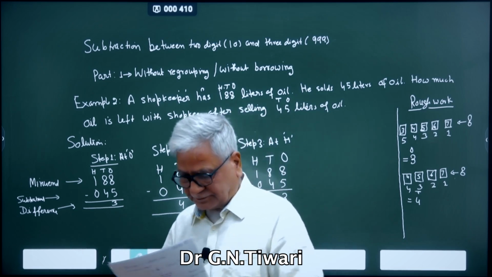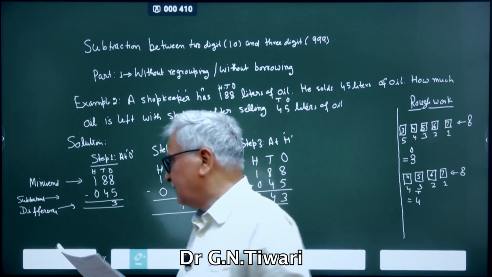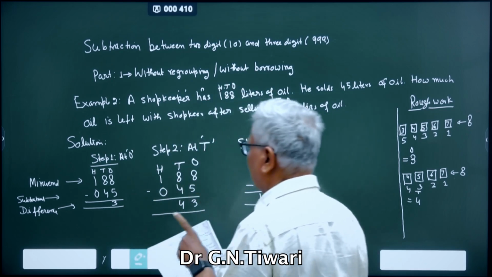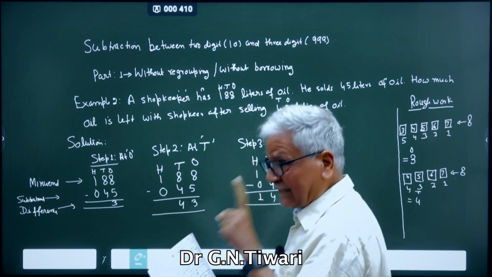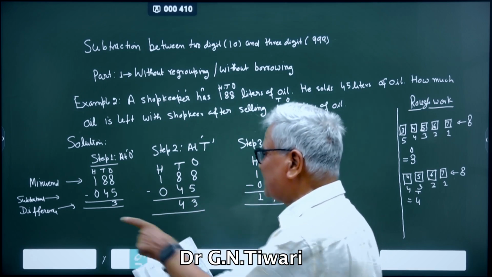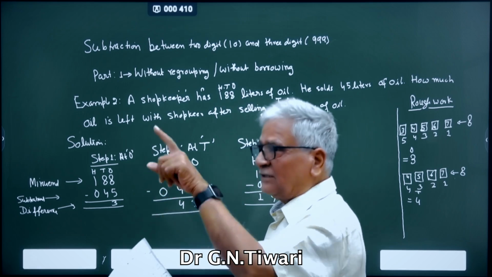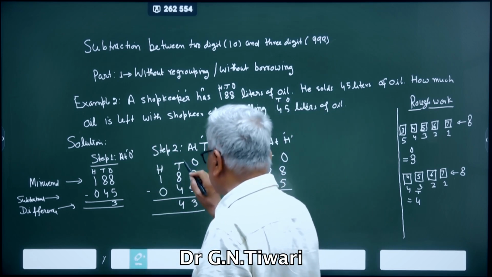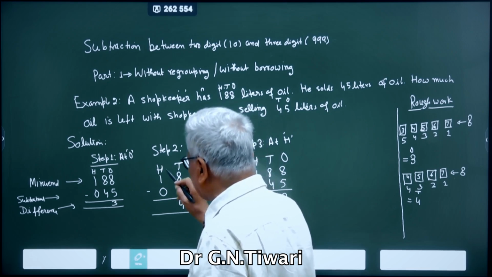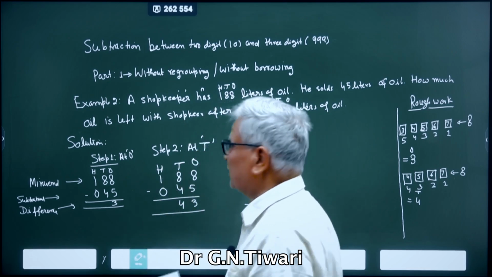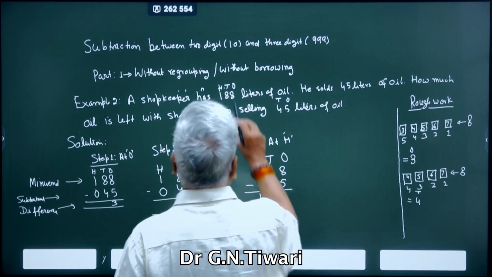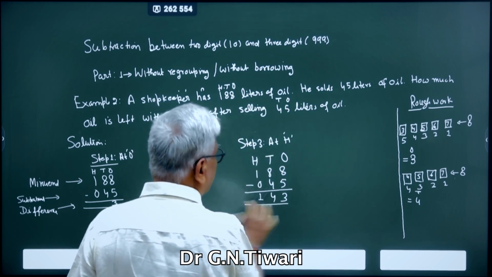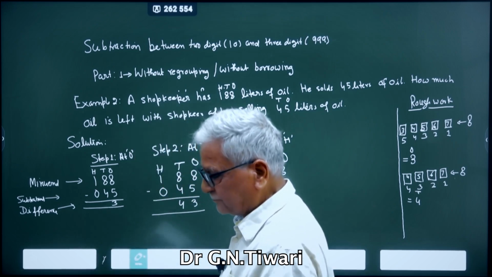That is how you can say, in brief, that in every case the minuend digit, which is a single digit, is always greater than the subtrahend digit at O, T, H. That means subtraction at O does not depend on T, and subtraction at T does not depend on H. They are independent of each other. So that is called without borrowing. We have not borrowed, and there is no need of regrouping the difference.